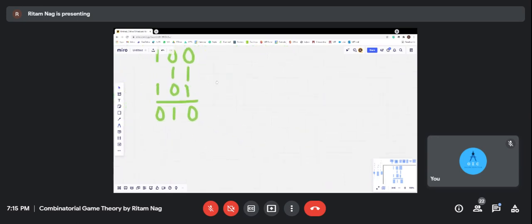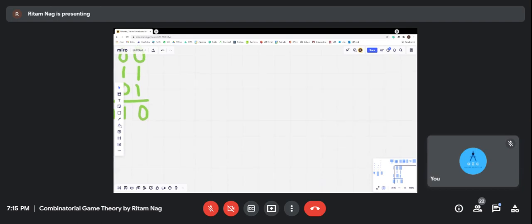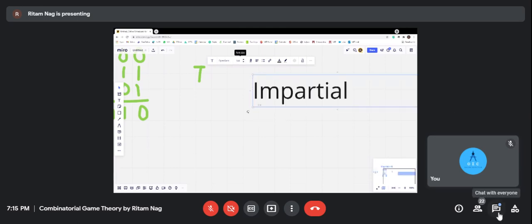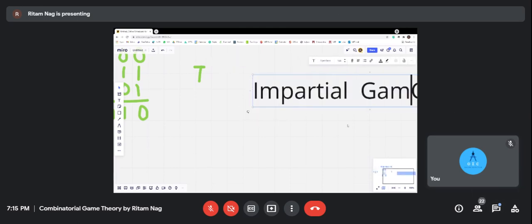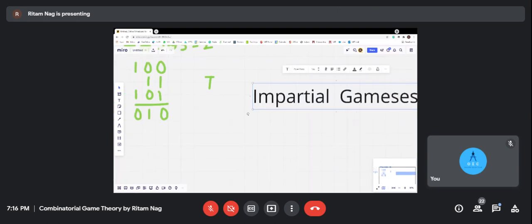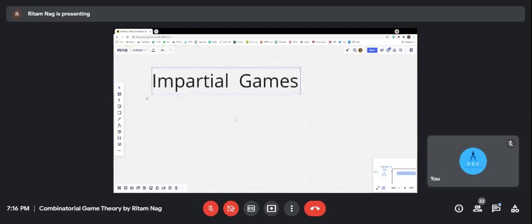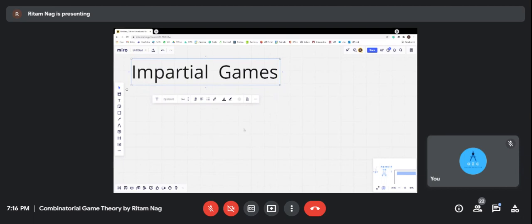So now there's a whole class of games called impartial games, where the games are essentially equivalent to NIM. So for any game, you can write a